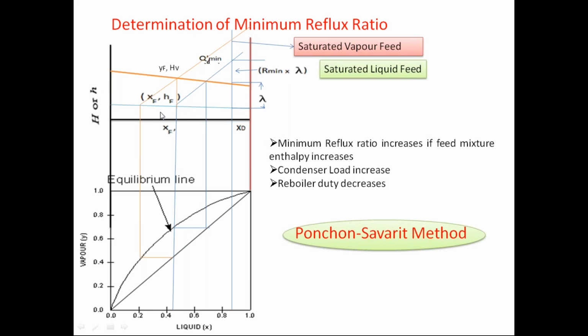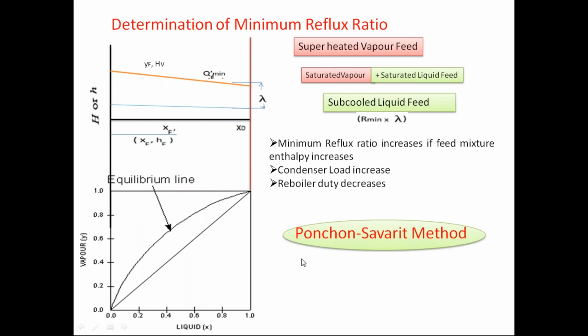But however, you can see the reboiler duty. How do you find out the reboiler duty? By making a line at XW, and see, this is your value of